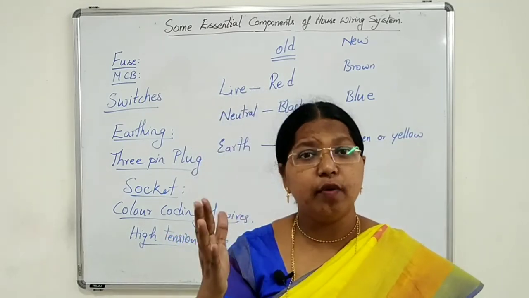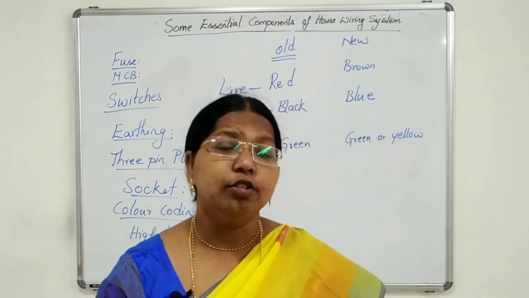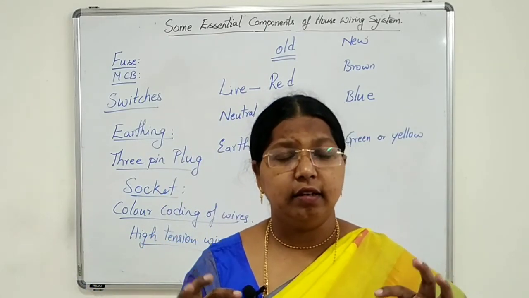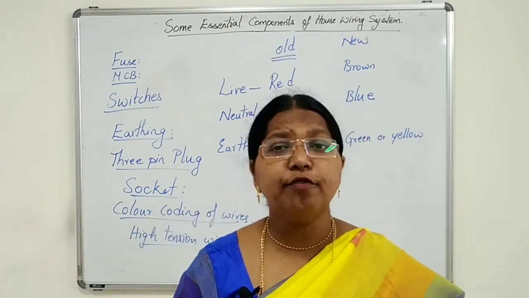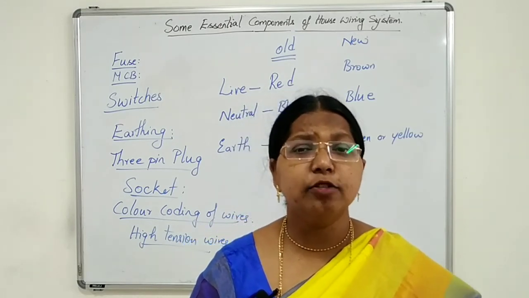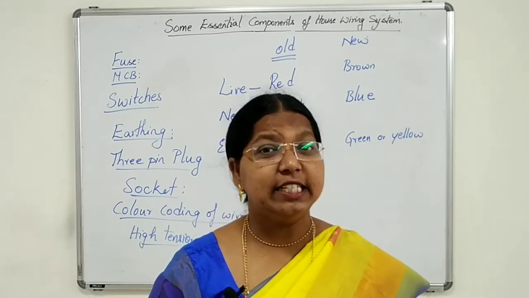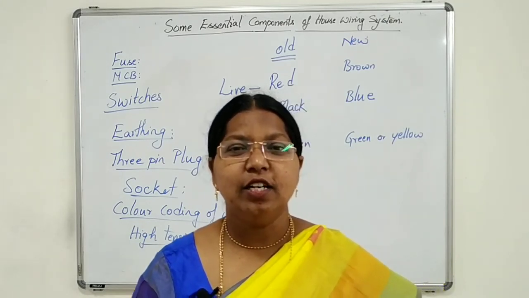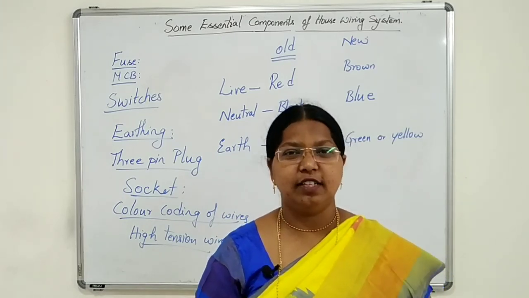So these high tension wires are of low resistance and more surface area. So more current is flowing, so the wire should be more thick. Instead of running one thick wire, we are using a number of thin wires twisted together to increase the surface area. The more the surface area, the more easily the heat energy produced will be spread into the surroundings. So high tension wires are of low resistance and large surface area.